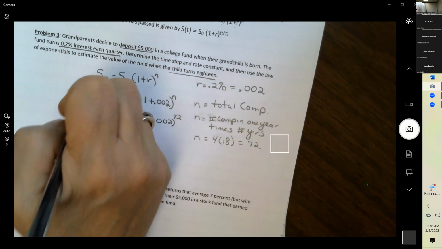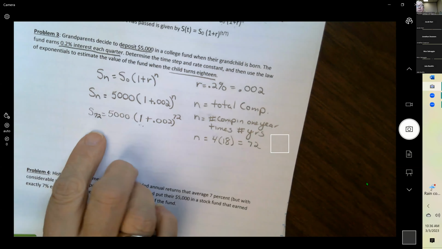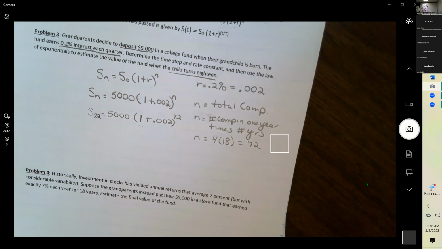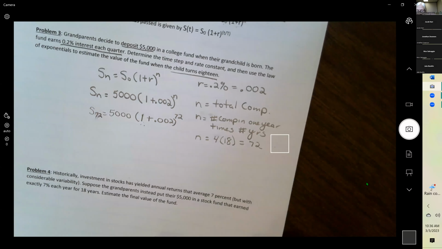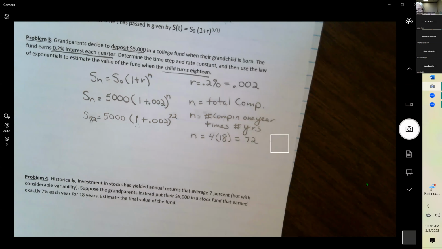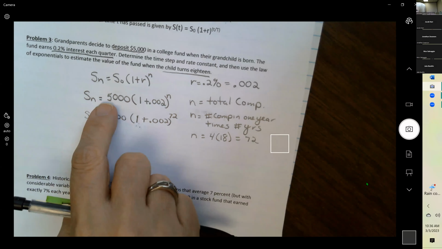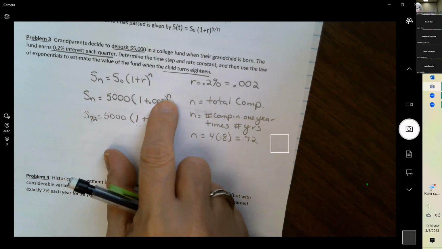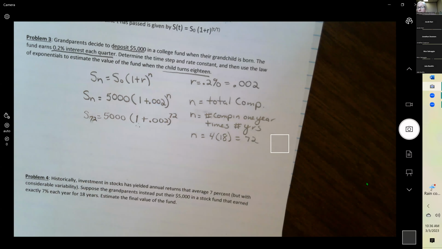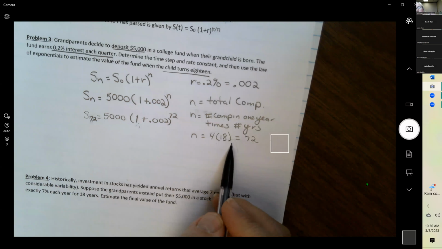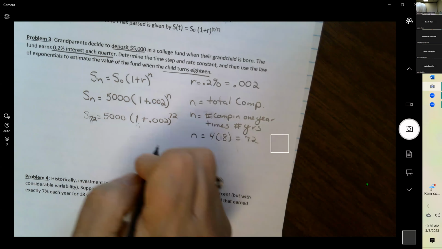Now this S sub N, we're plugging in 72. So that lets you know how many compoundings you're talking about. That way, if you find different values, then you have all of them. And then just plug that into your calculator. So the formula: starting amount, your rate, and then N is the total number of times it's compounded. In this case, it was quarterly, so that's 4 times a year. And we're doing it for 18 years. When you plug that into your calculator, you should get